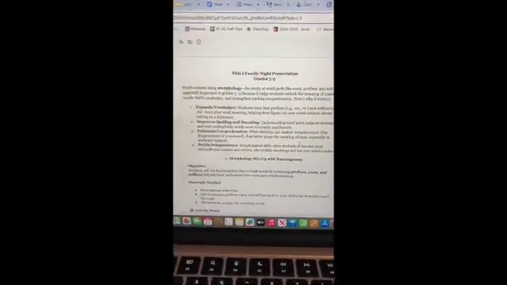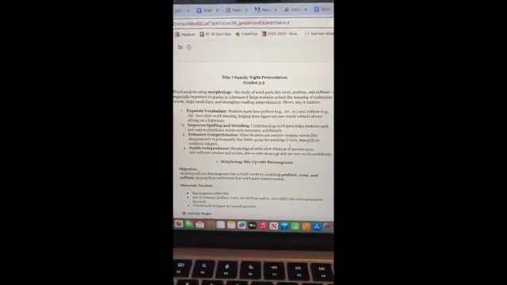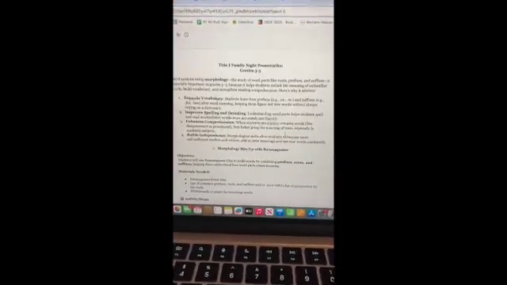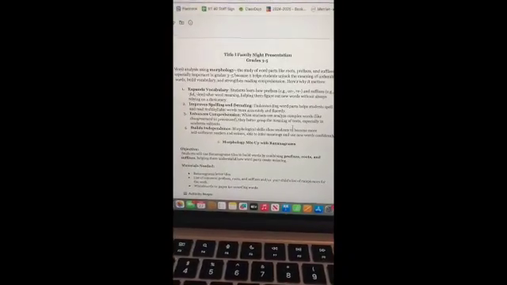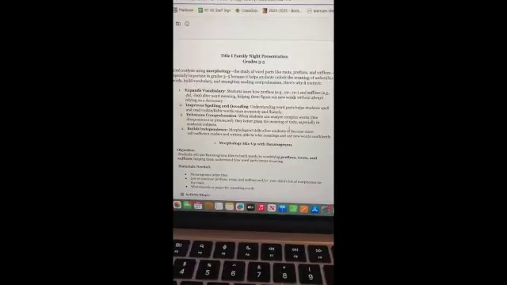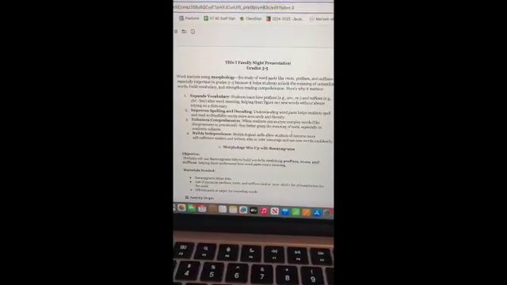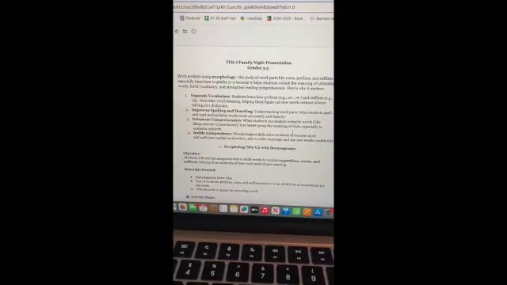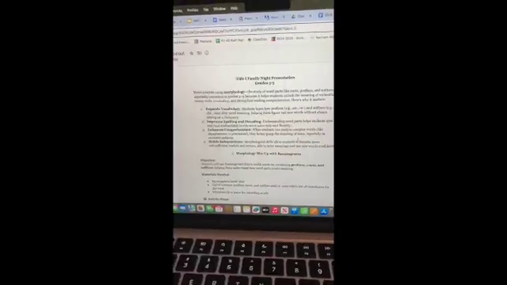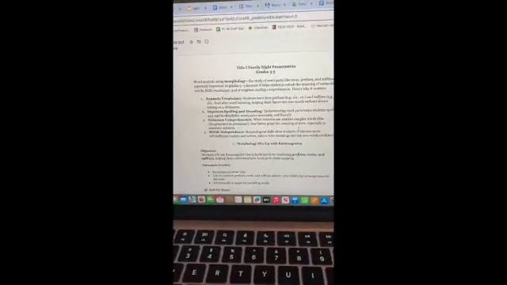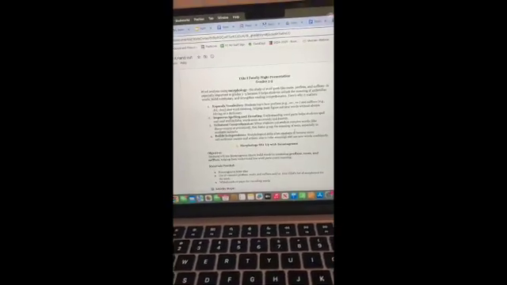Today we're going to be going over morphology, which is the study of word parts like roots, prefixes, and suffixes. It's very important in grades 3 through 5 because it helps students unlock the meaning of unfamiliar words. It helps them build vocabulary, and it strengthens their reading comprehension. I'm going to be going over 2 activities that you can do with your child to help them with their